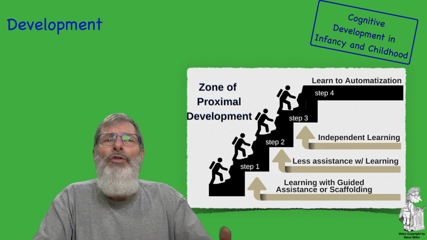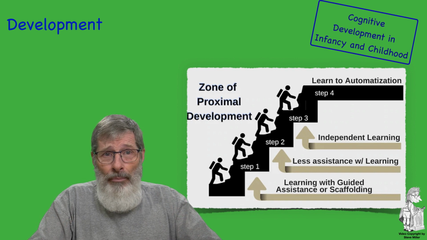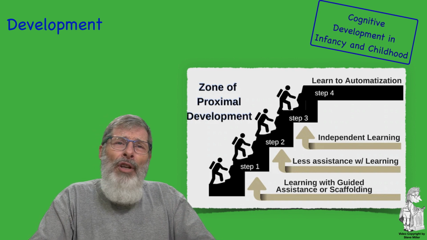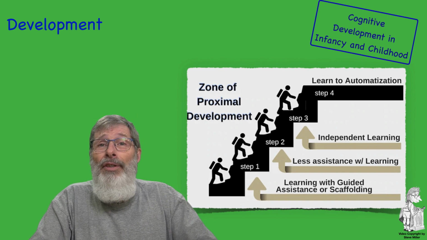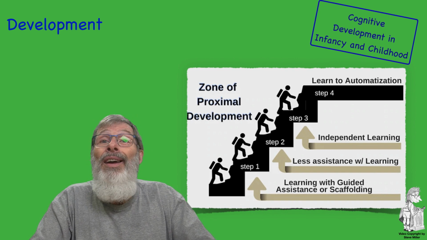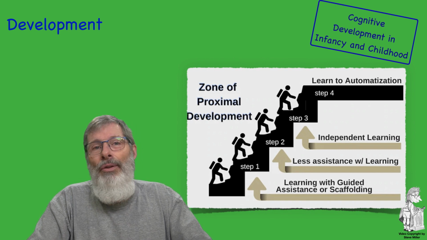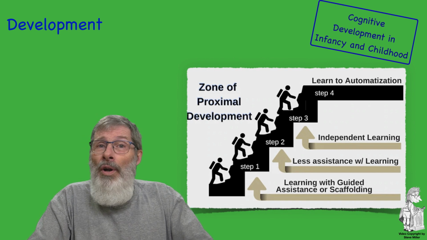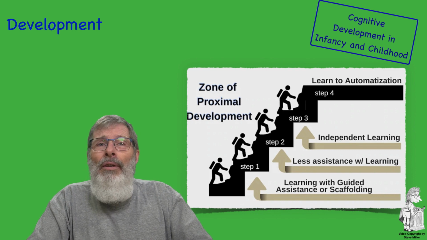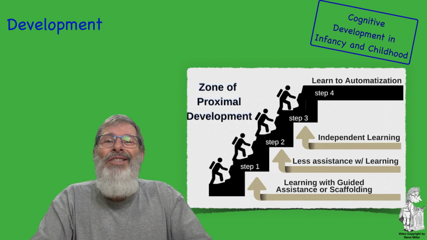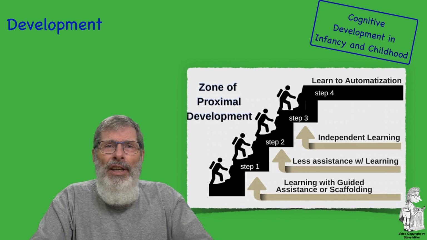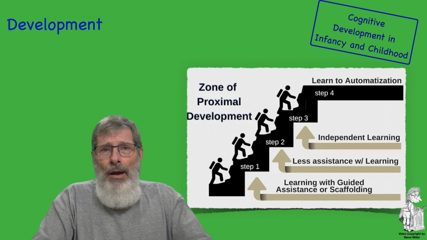He felt that the child adapts to their cultural interactions, and he introduced two key concepts. One was the zone of proximal development. What Vygotsky was referring to was the range of tasks that a child can carry out with the help of someone who is skilled. Another term he used in relationship to that was scaffolding, and that's used in today's educational system now.